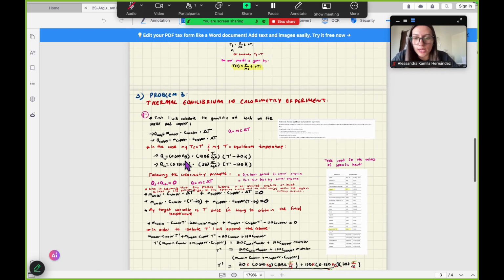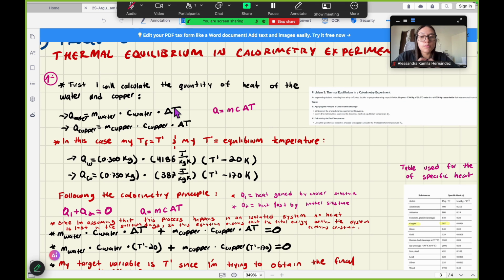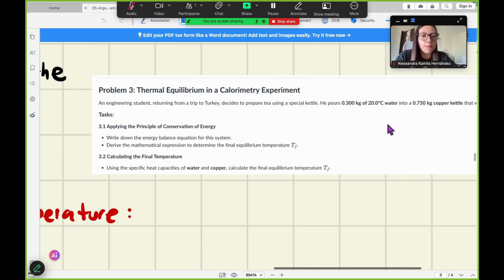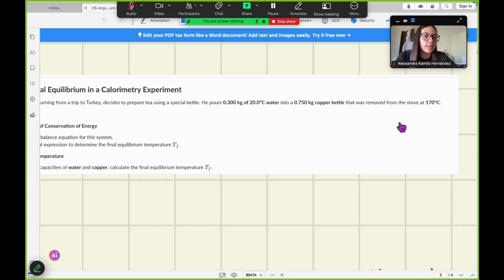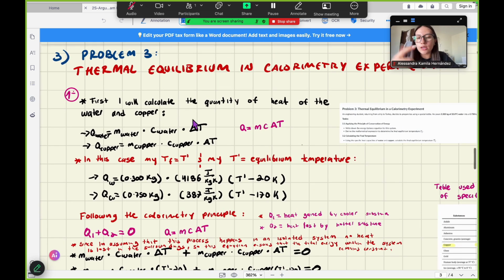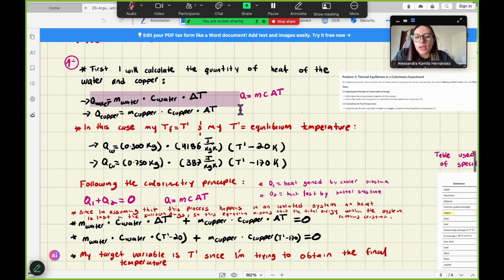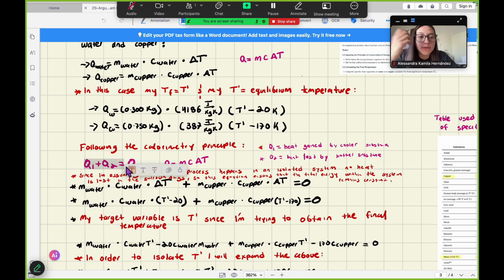Now problem 3 is basically a calorimetry problem, and it's giving me 2 targets. Well, it says that someone is pouring 0.3 kilograms of 20 Celsius water into a 0.75 kilogram copper kettle that was removed from the stove and is at 170 Celsius, okay? So first I will calculate the quantity of heat of the water and the copper. This is how I can calculate it, and using the equilibrium,